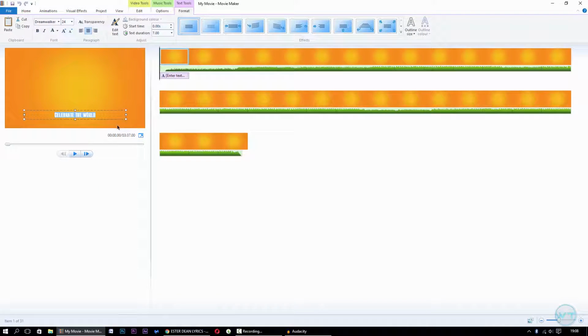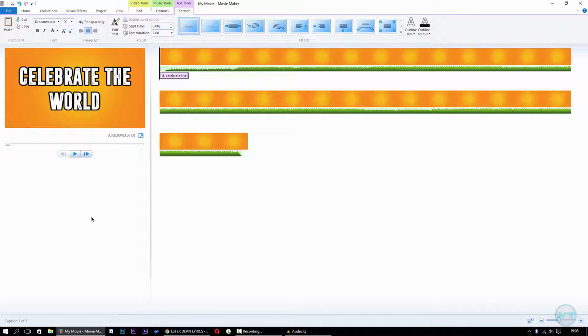So once you've found a font that works, we can go ahead and choose the color, size, and whatever else you want. I'm just going to resize this right here. I'm going to change the color maybe, or maybe I should just leave it white for this. And you can choose an outline size and an outline color. So maybe I'll do that, which looks okay. You can choose if you want it bold or italic, but I'm just going to leave it like that. That's how I'm going to do the